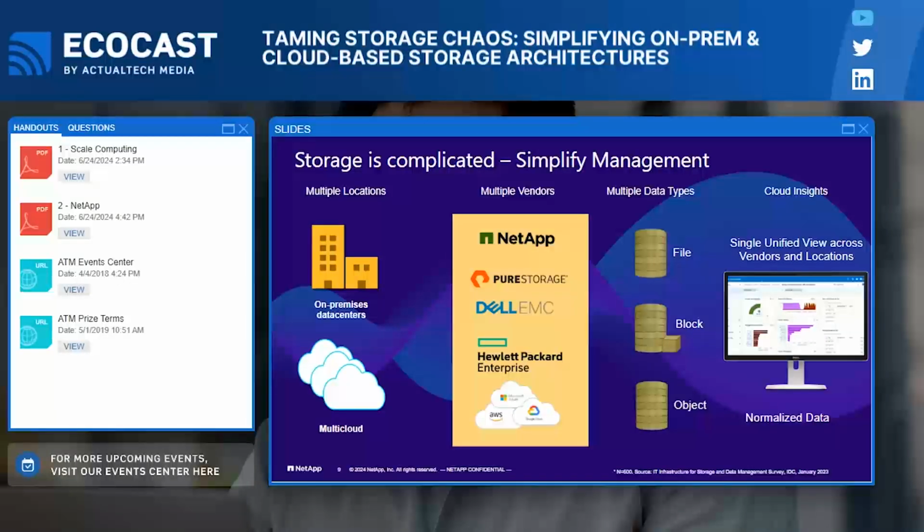So Cloud Insights supports your infrastructure on-prem, wherever that may be, and in the cloud. We support many vendors natively. We have about 100 data collectors out of the box, and we provide a robust API, and we use Telegraf to integrate with other options. We support file, block, and object, as well as non-storage infrastructures, like VMs and Kubernetes. Again, all on-prem and in the cloud.